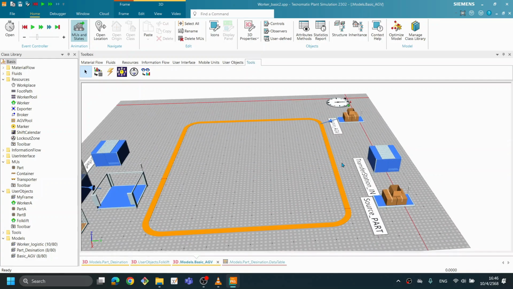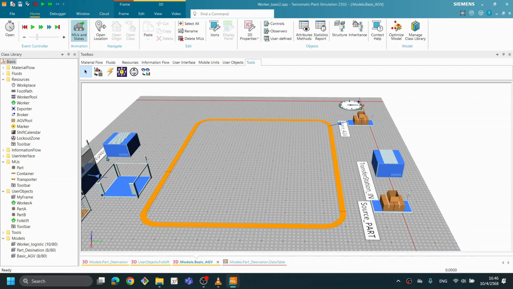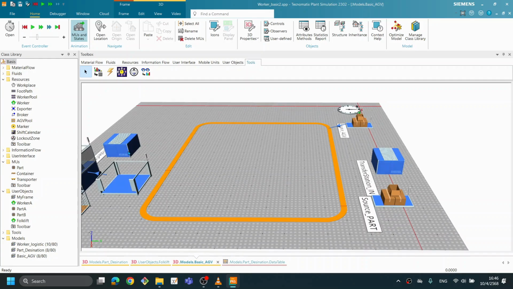And loading from where, and where is the target of the transfer station? You define by the transfer block. For loading, later for unloading, you define another transfer station out. You define the time, unload time. You define the target,